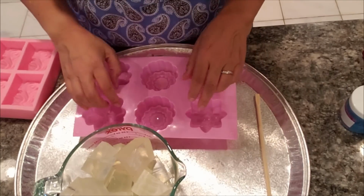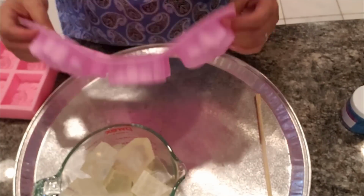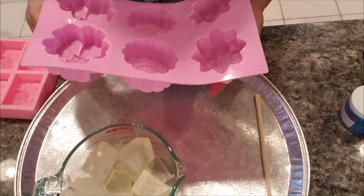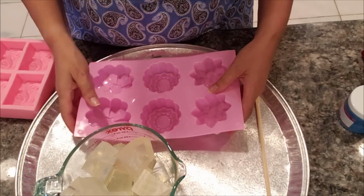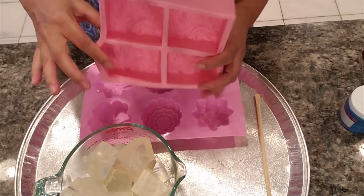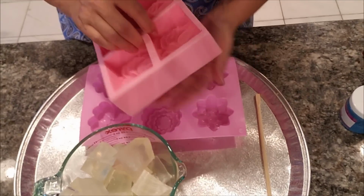Today I'm going to be making a soap with some Kaolin Clay. I'm going to be using this mold that I got, and I've measured it out: it's about 2.5 cups of soap that this whole mold will take. And then of course I have my standby soap cloud swirl mold, which is my favorite mold on standby because